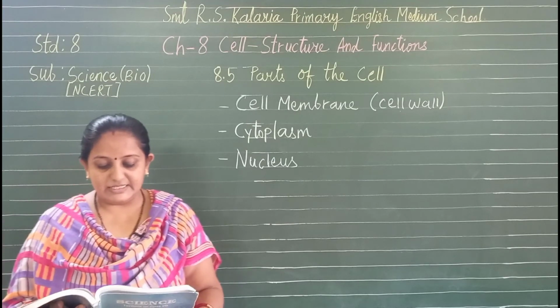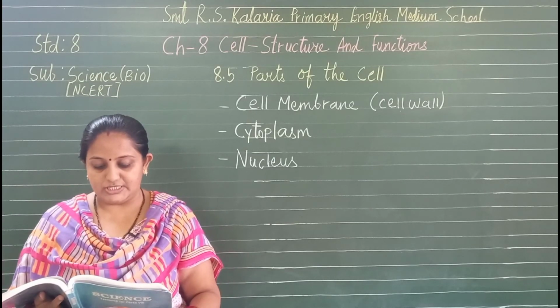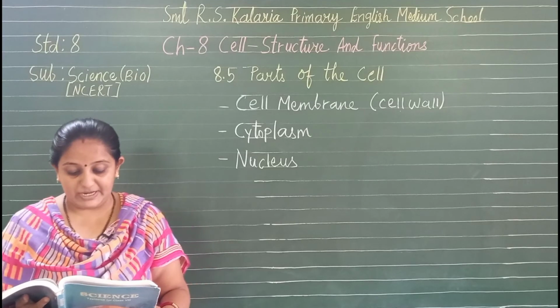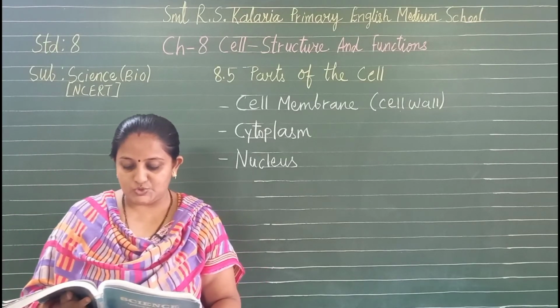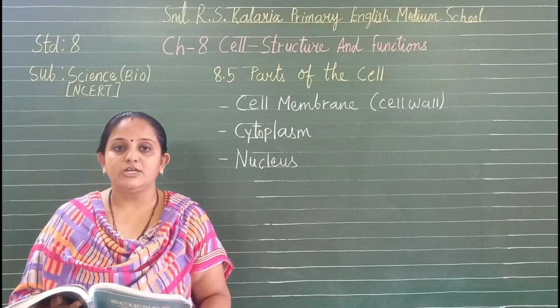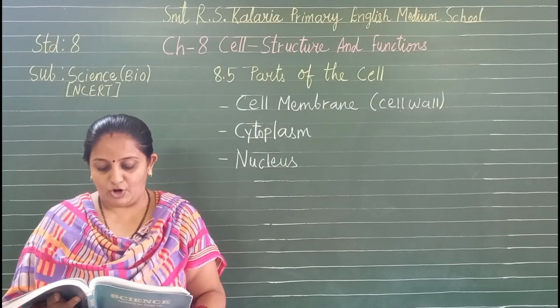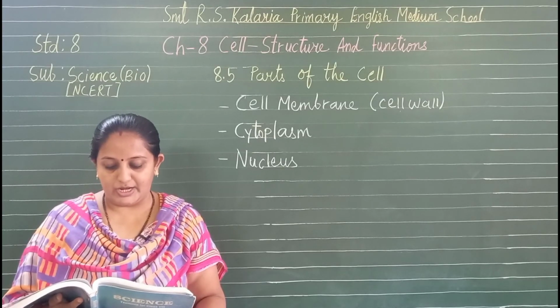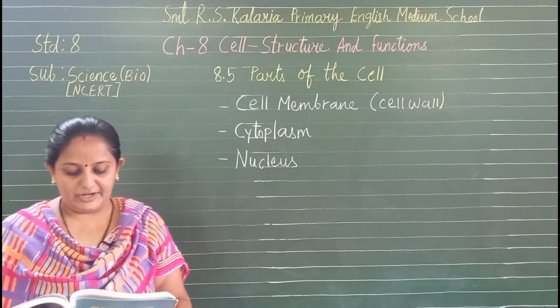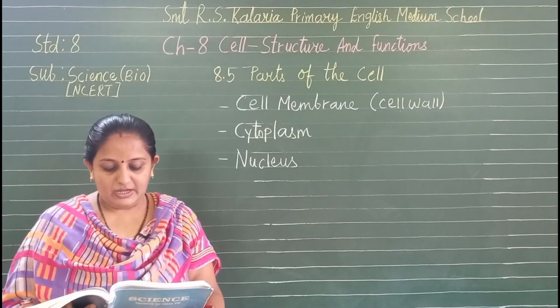Now the plant cells need protection against variations in temperature, high wind speed, and atmospheric moisture. Now they are exposed to these variations because they cannot move. So cells can be observed in the leaf peel of Tradescantia, Elodea or Rhoeo. You can prepare this slide of onion and you can just see.